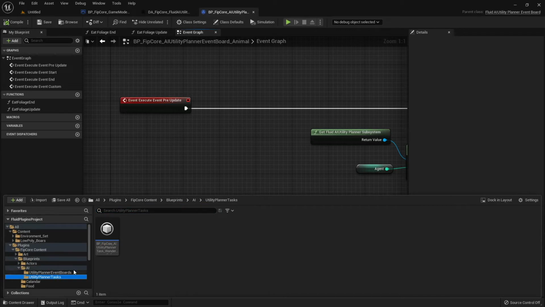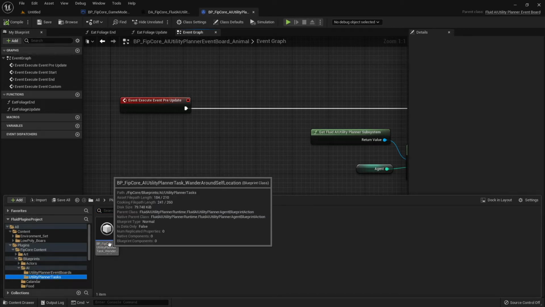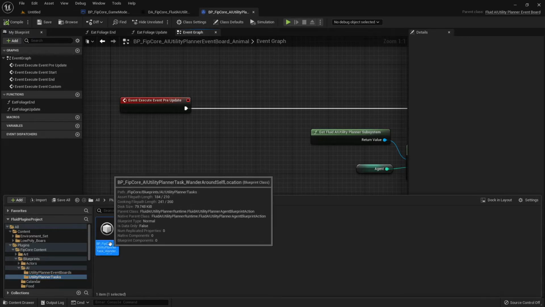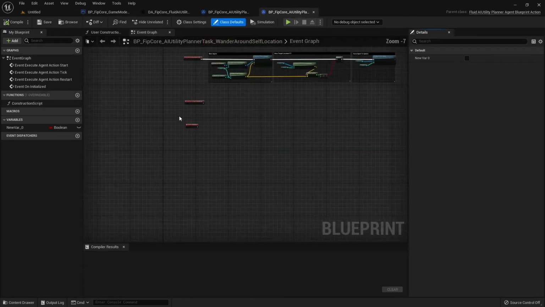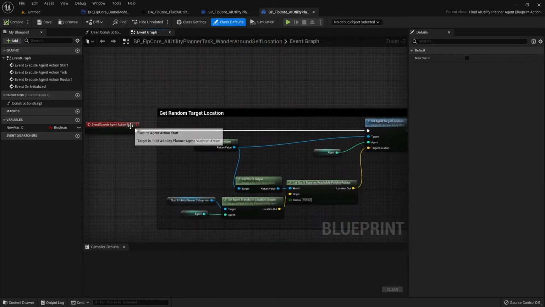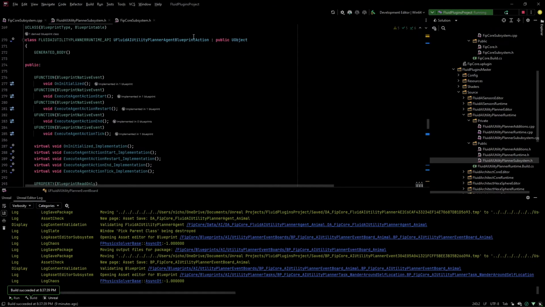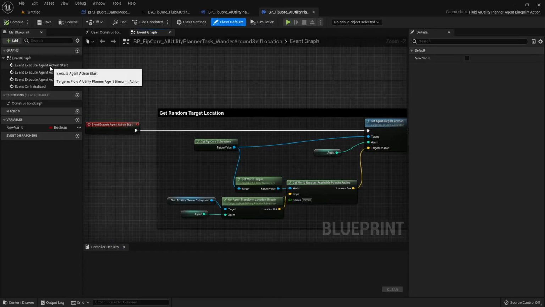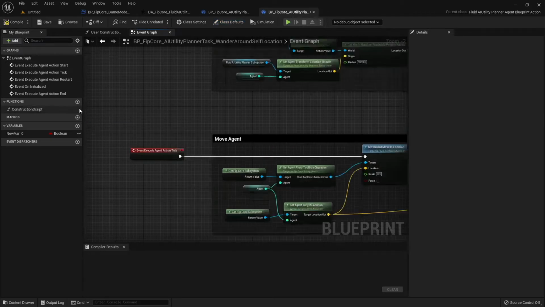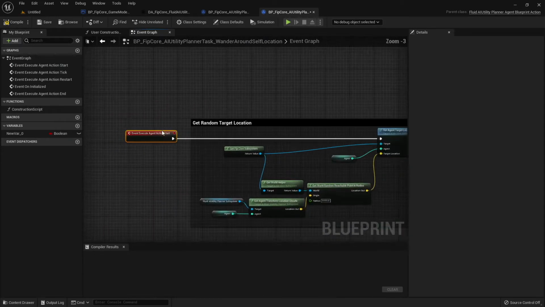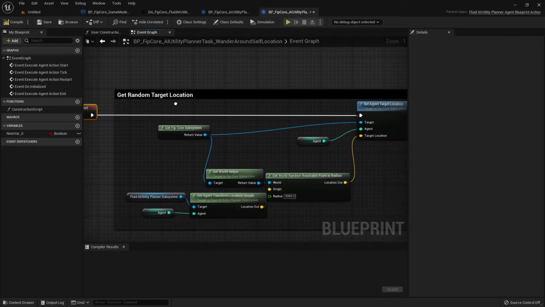And then you have your actions here. So this is the wander one. This is the only one I made in blueprints. So you can see our actions are defined here, the definition here. So this is all the things you can do. So just like before in the event board, you get all these events. So under start, so when the action is starting,